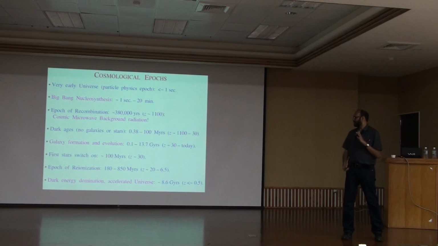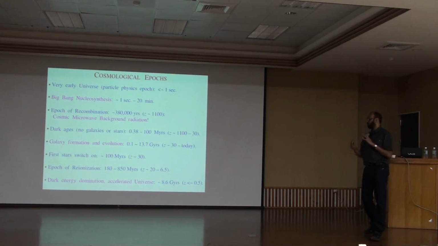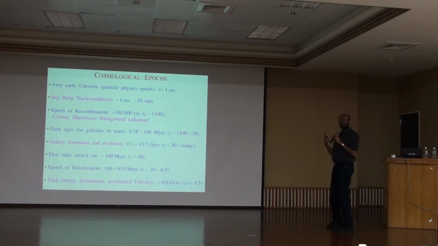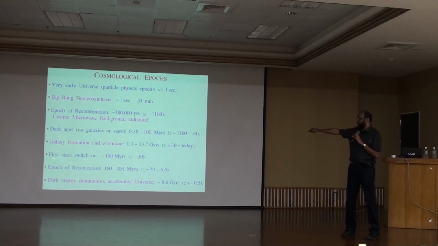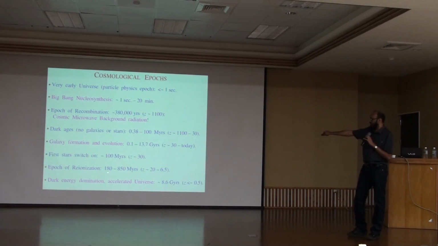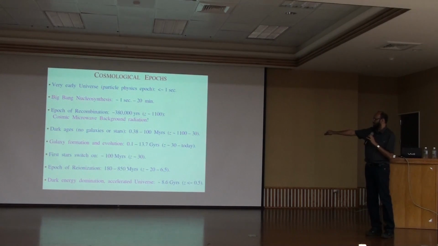It's not hydrogen atoms. So something in the history of the universe must have ionized the universe, must have re-ionized the universe. And that, we think, is done by the stars, these first early stars, and that's called the epoch of reionization. And it happens about 200 million years to about 900 million years after the Big Bang. Redshifts of 20 to about 6.5. And we have, again, evidence for this, direct evidence for this.